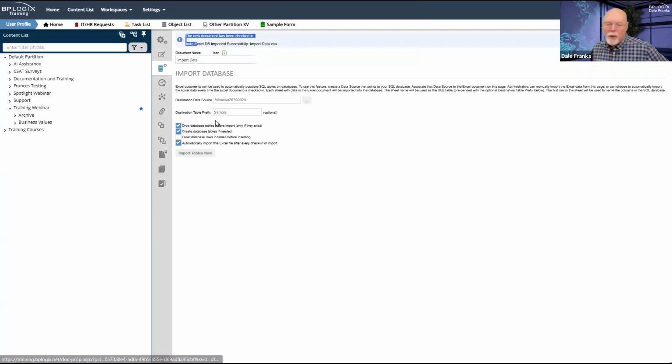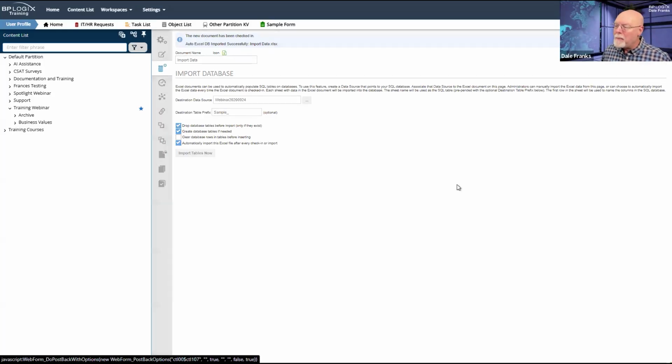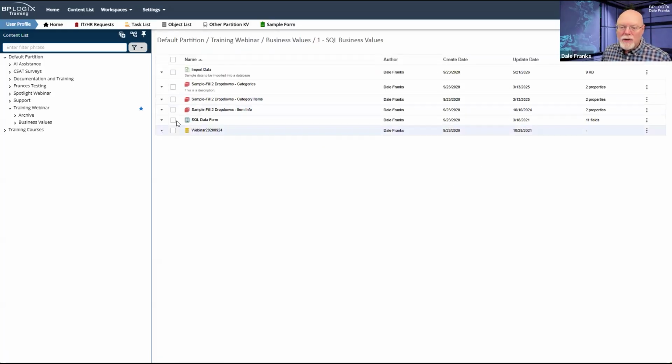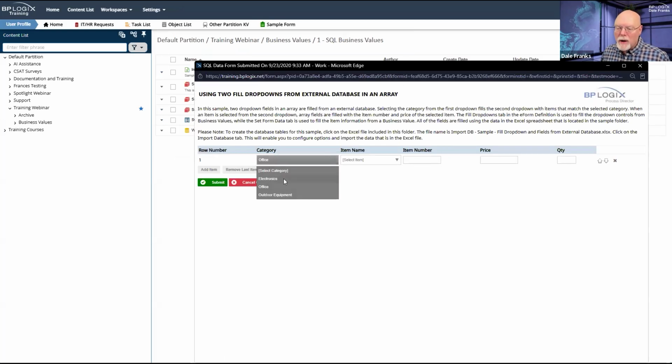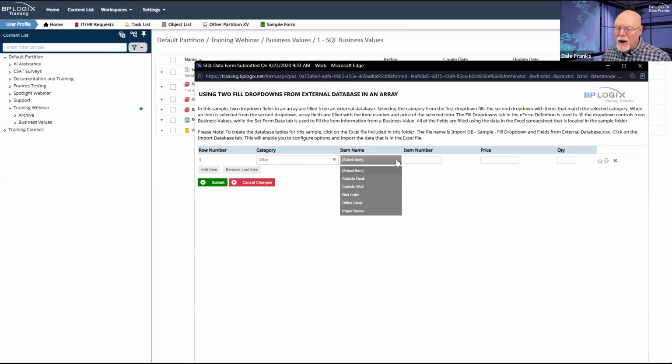So on the Import Database tab, we have our data source, we have our destination data prefix, and we have it set up to automatically import this Excel file after every check-in or import. So we are good to go. What should happen once we close this and go back to our form is that I should be able to just change the category real quick from office to something else and then back to office.